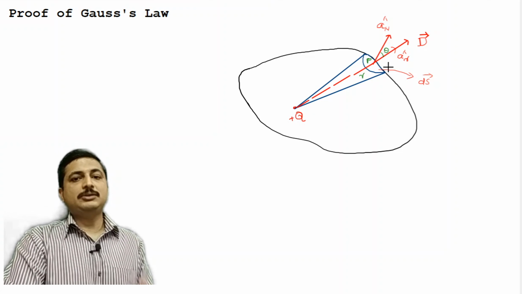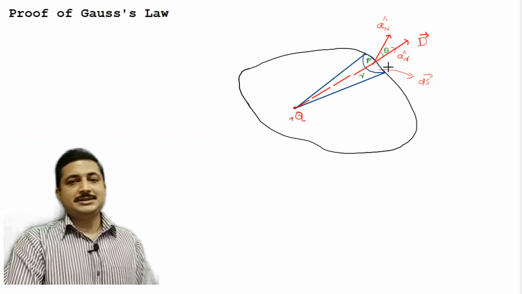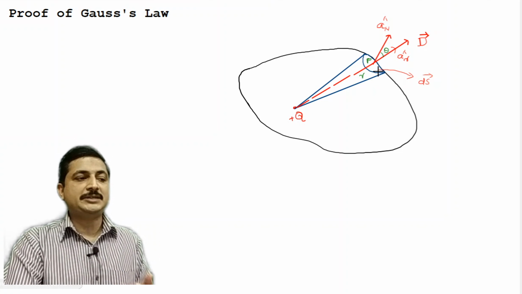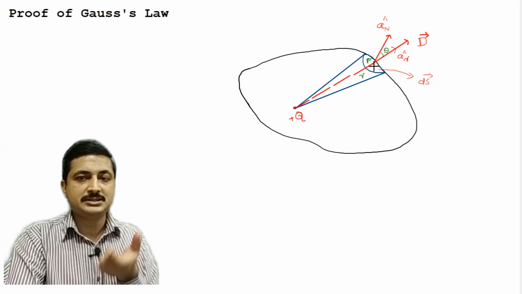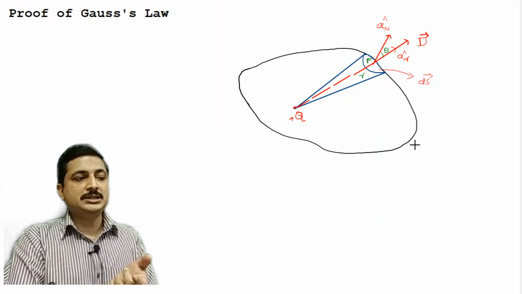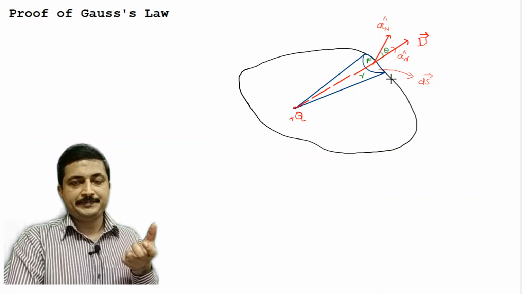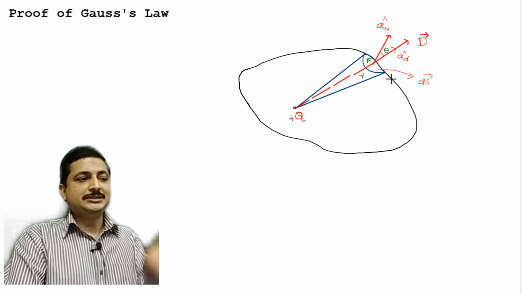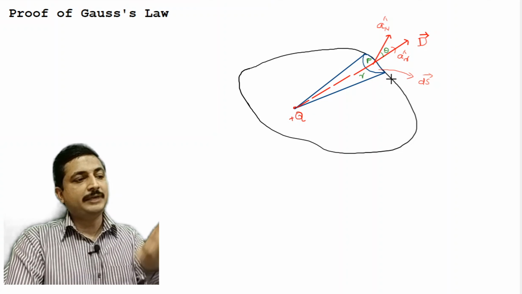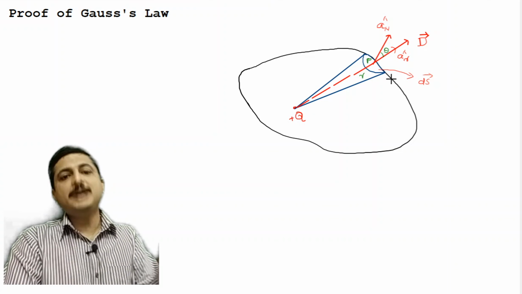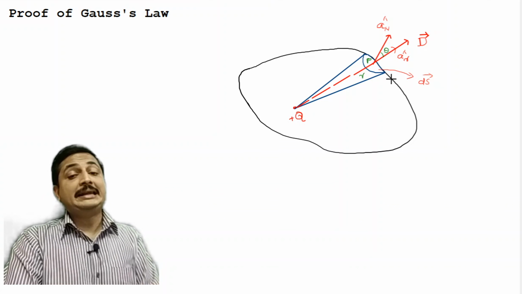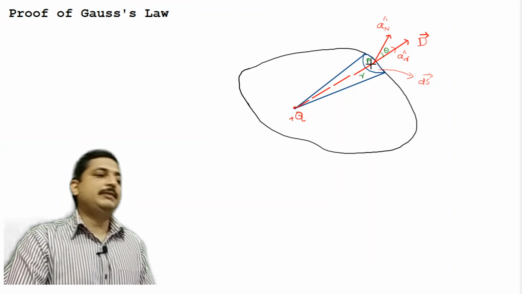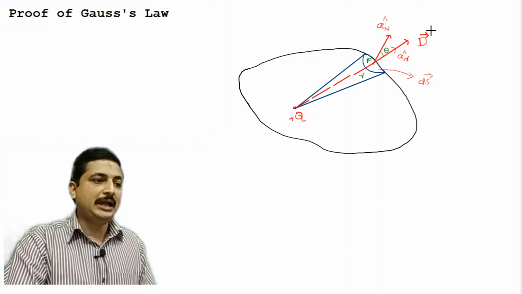What is psi? The total flux lines coming out of this entire surface. So now we have taken a small surface. First let us try to find a mathematical expression for how many flux lines are coming out of this small surface. Then we can easily draw so many ds and extend it throughout the surface. So we have a mathematical trick for that. What is that mathematical trick? It is integration. So you have this small ds, which will be infinitely small surface areas throughout the surface. So I can integrate them to get the total flux. So first let me find the total flux coming out of this small surface. For that I have to compute D vector.